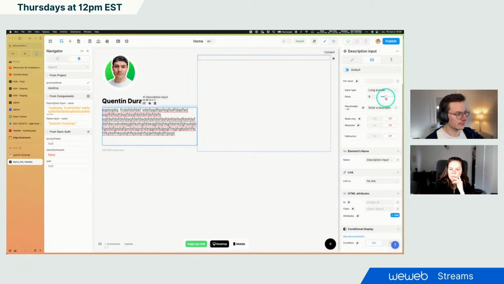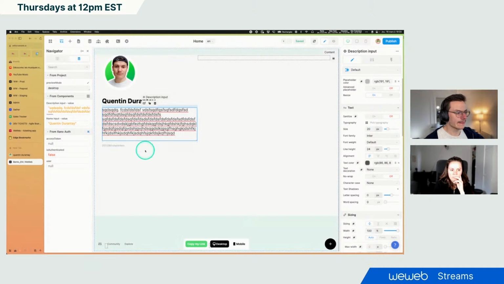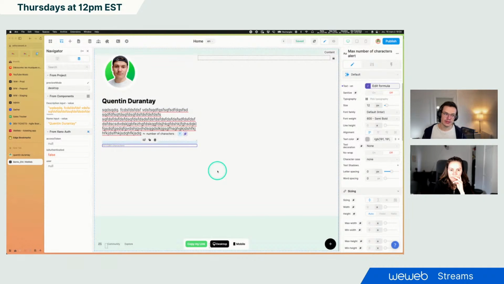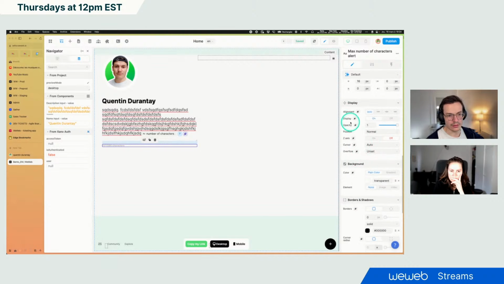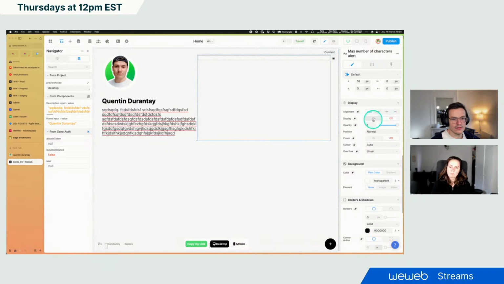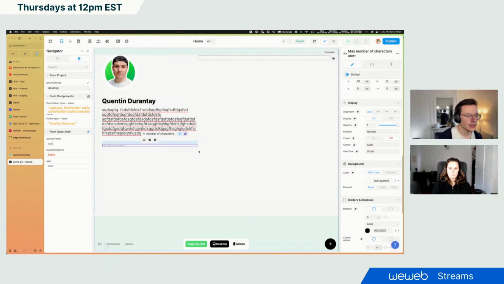Yeah, like this. Okay. And now we want this to display only when the number of characters in the description is above or equal to 225. So to do this, there's two ways. The old way that was working in WeWeb before is just to bind the display property. The display property is basically a display none in CSS. So what this means is that this element is actually in the page, but it's not displayed in the user's browser. So the computer is still